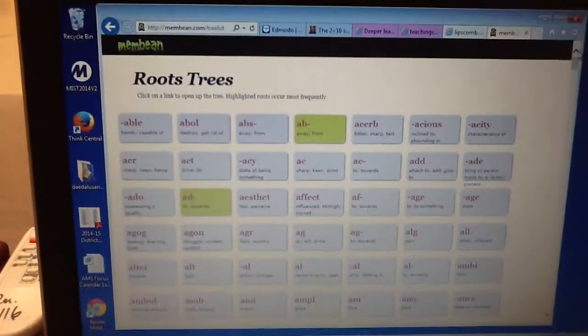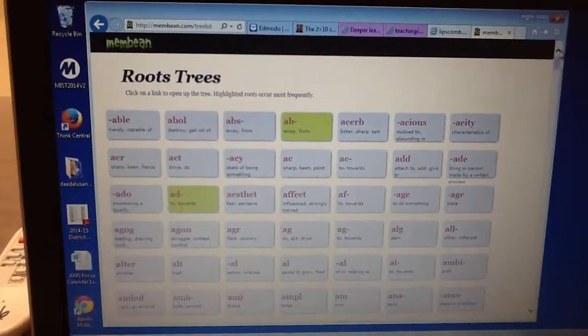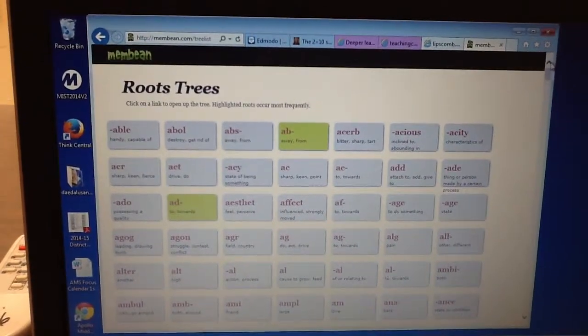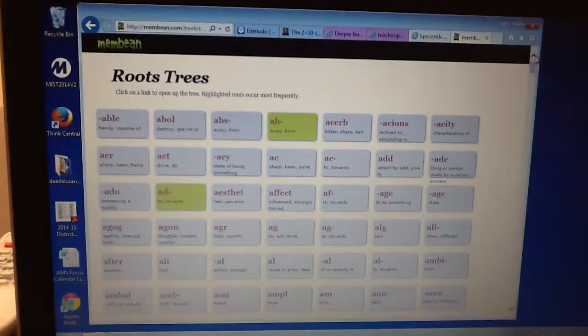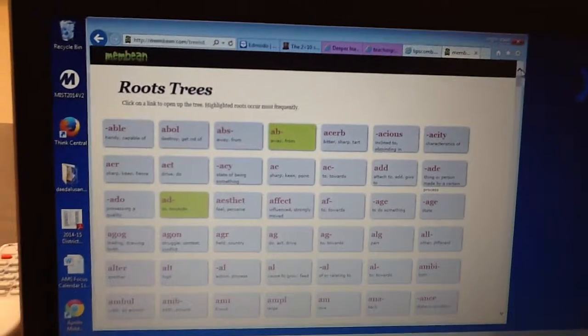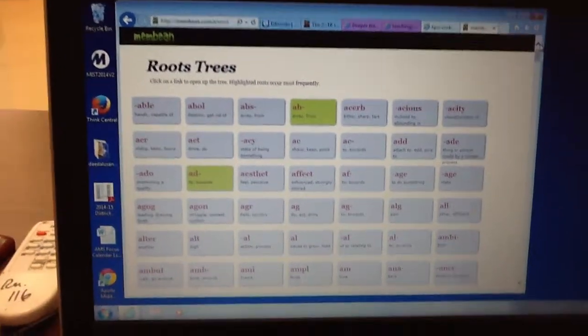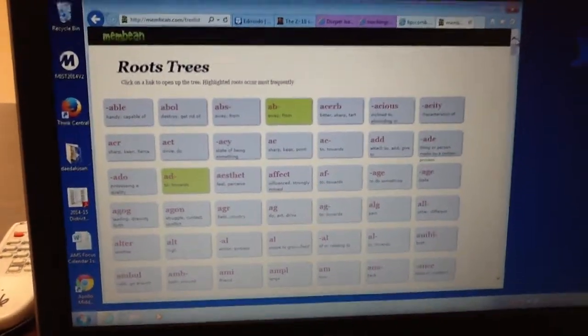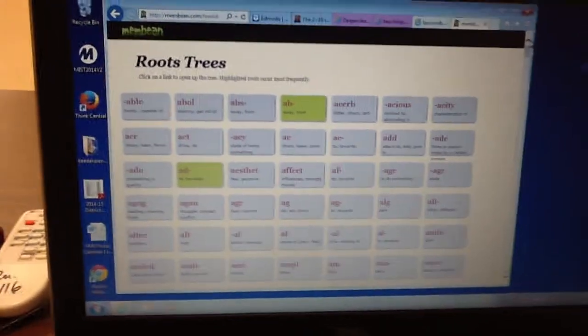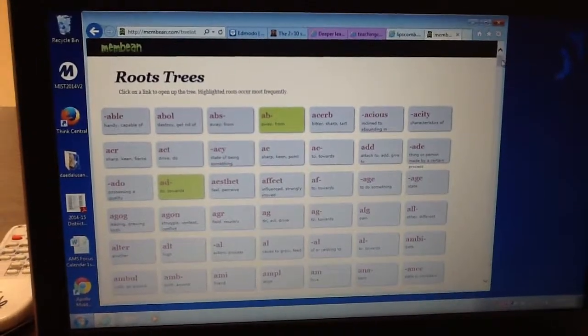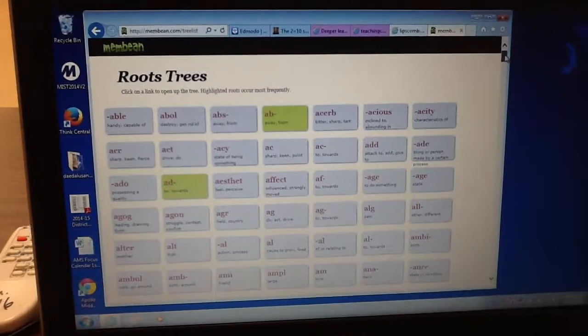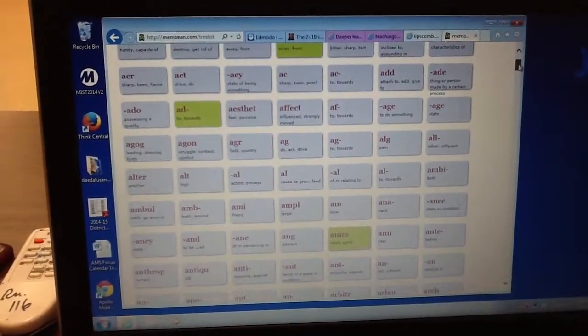So as I mentioned, this is the Membean website. Hopefully you can see the URL there in the top left corner. This happens to be a list of all the roots that they highlight on their website. And I'm just going to scroll down here and let you see this really exhaustive list